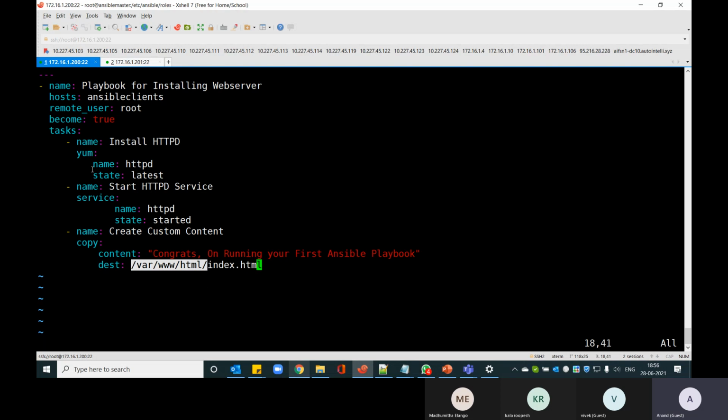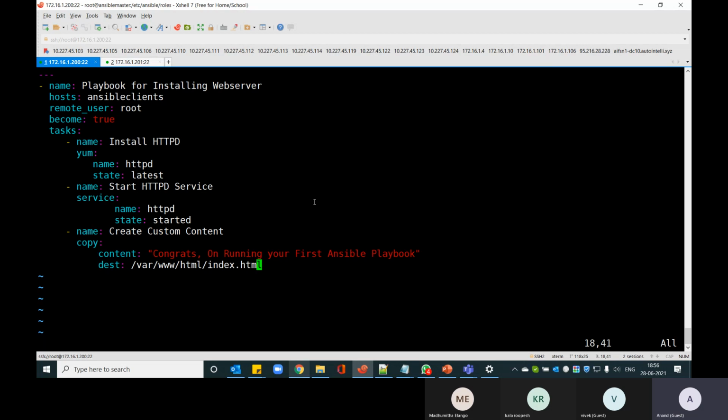And just to give quick information about the playbook, these yum, service, copy are all the modules for the playbook, right? These are called modules, which will help you to create that functionality. So I don't need to run any large Linux command.